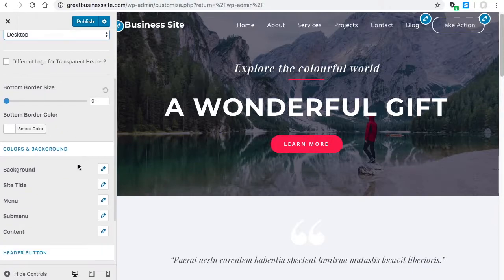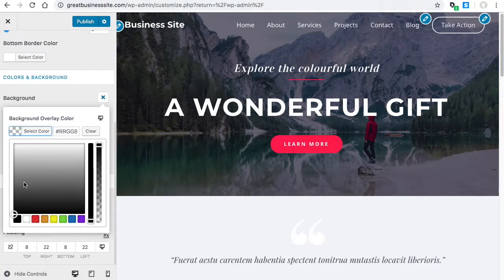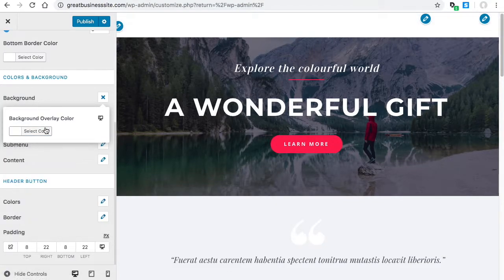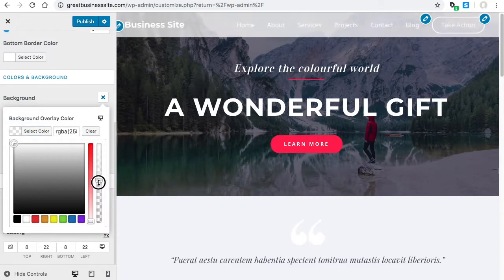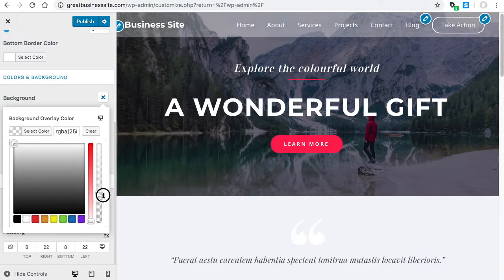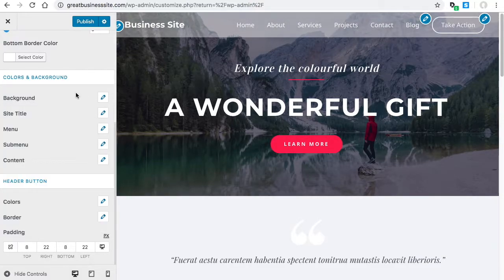Here's the color and background for your transparent header. So right now we have a transparent header, and I'm going to add just a little white overlay. Okay, just a faint little overlay, and if you do it like that, then it'll maybe point it out a little bit better. If you do it more than that, you might want to change the text to black. So if you do it more than that, then you would adjust the site title